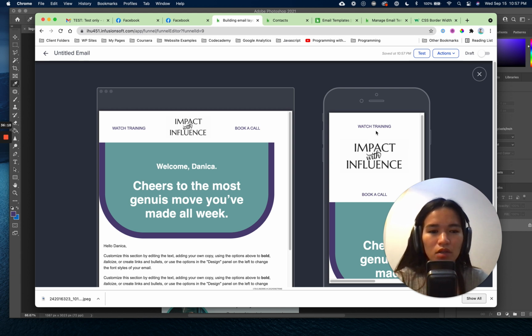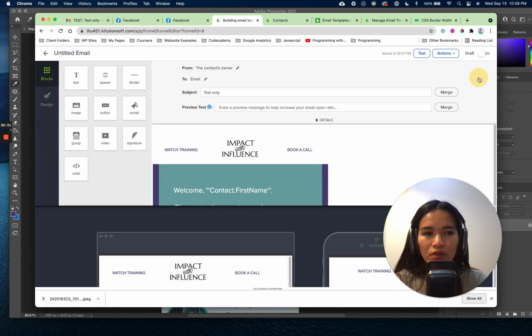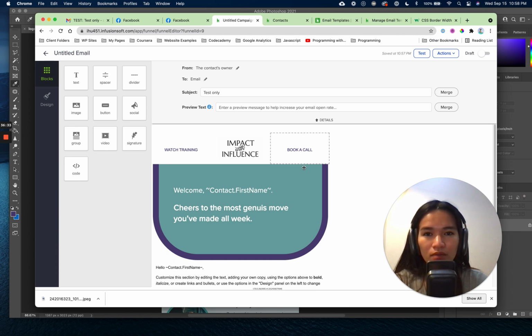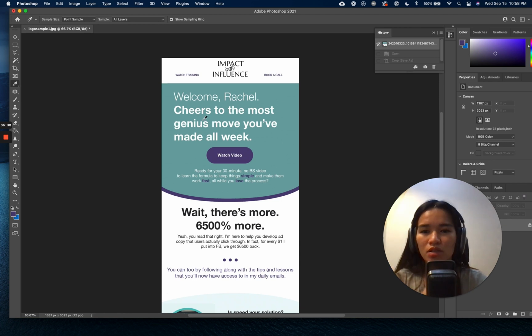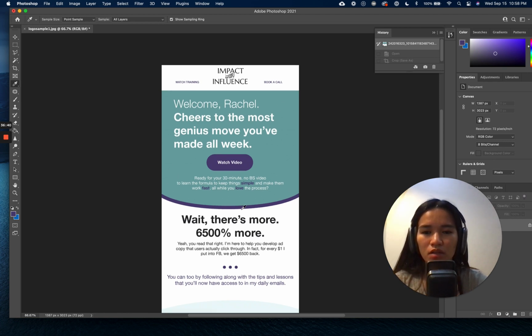So what I will recommend you do is you also build this via a code block so that you could control it, or else you could just have that as one image, and then when they click, you link it to one of your pages, something like that. So let's just do this one because this has the button, right? So what I'm gonna do is I'm